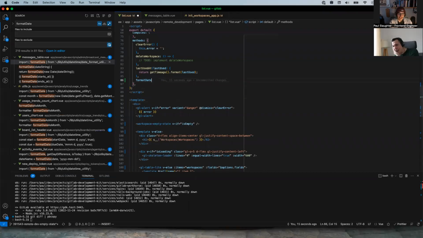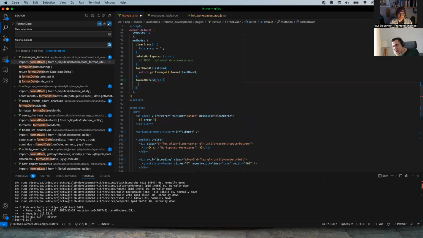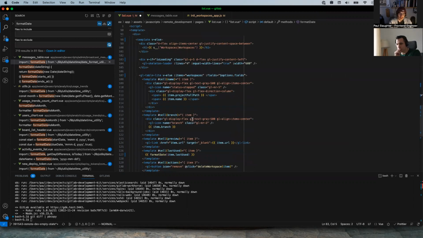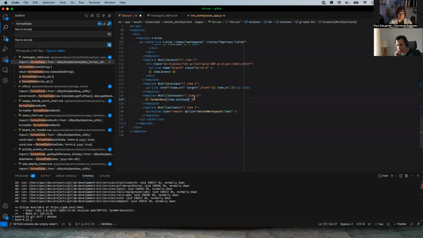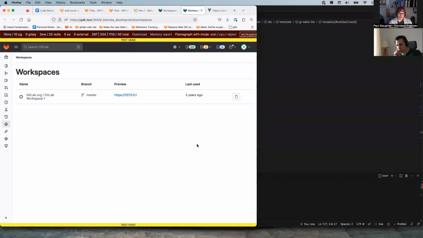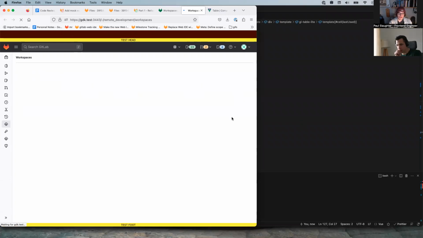I'm trying to find an argument to, and I can't really think of one. The issue I have with this is that this actually has nothing to do with last used app. This is just about formatting a date, nothing to do with the last used language. So let me see if formatting the date works here.